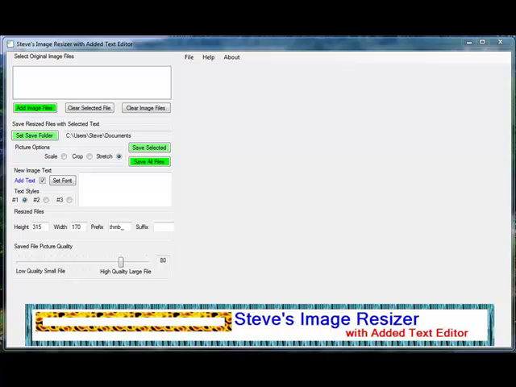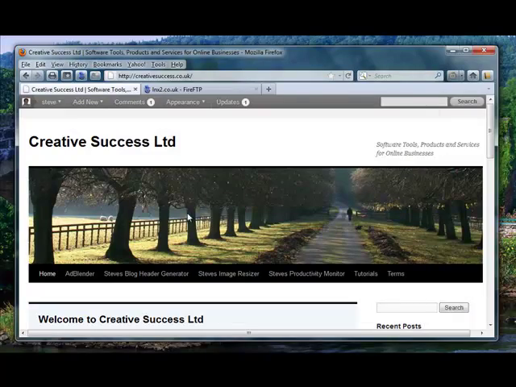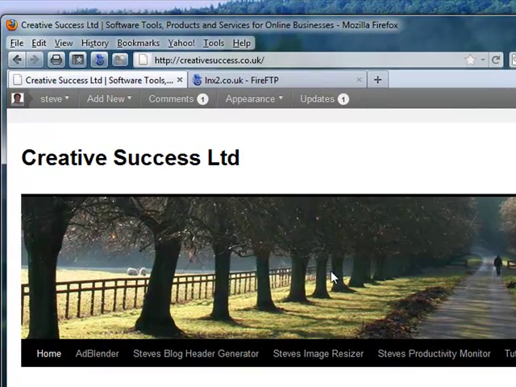Hi, in this video I'd like to show you how you can use Steve's image resizer to add text to an existing blog image. Now the first thing you want to do is copy your header image onto the local